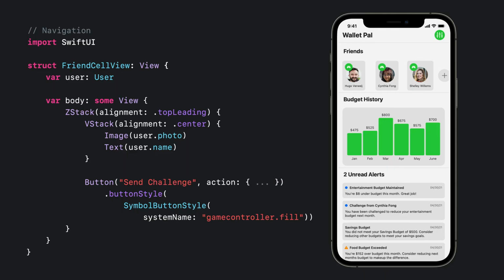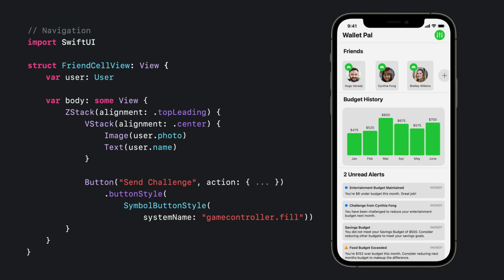Now that we've learned how to make individual components of our app accessible, we can start putting things together to refine the navigation experience. I've heard that navigating WalletPal with VoiceOver is confusing and difficult. So we have some more work to do if we want to deliver a great accessible app. Let's take a closer look at the Friends carousel at the top.